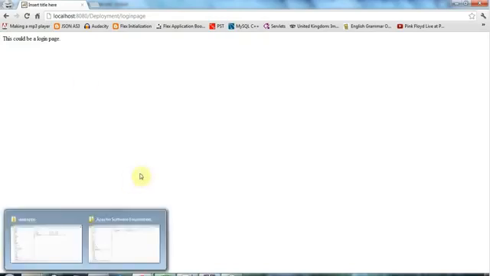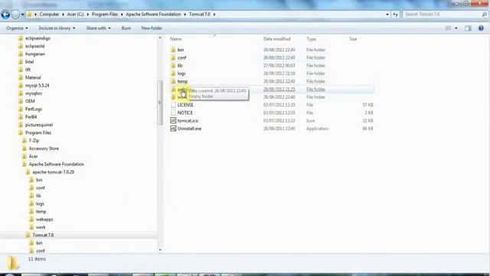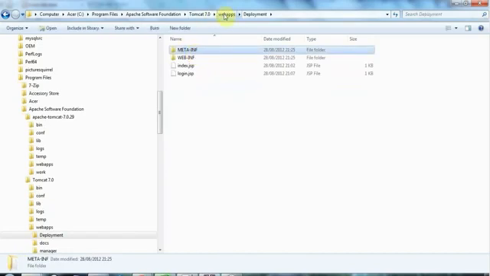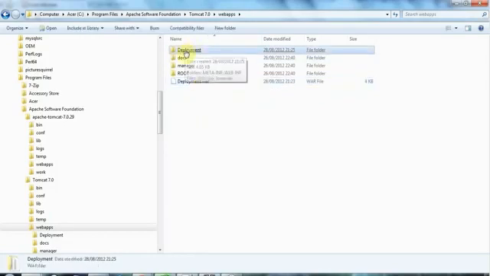And one last thing to mention here, which is that if you copy in a new WAR file, you'll notice that Tomcat unpacks your WAR file to a directory like this, which will contain your web project. So if you want to deploy the same project again, make sure that you delete not only the WAR file, that is stop Tomcat, delete the WAR file, also delete this unpacked version of it before copying a new WAR file